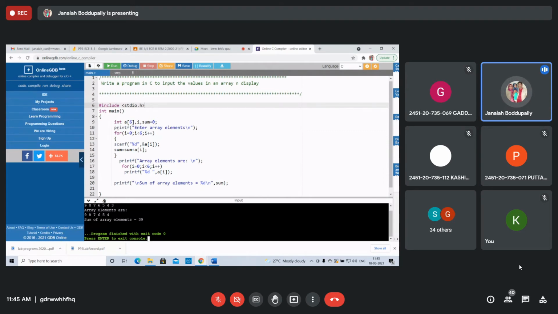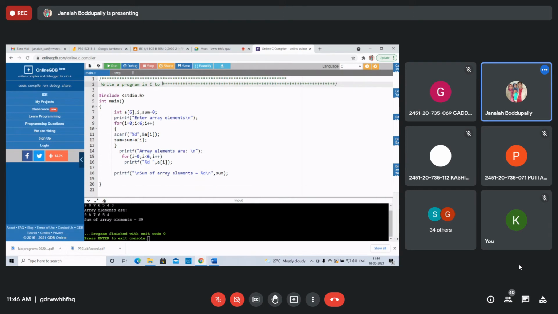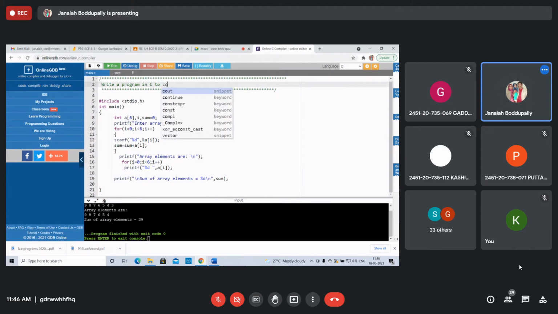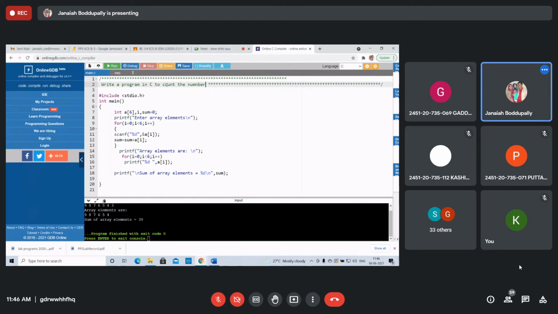Yeah. Sum of, write a program to count the number of even and odd elements in the array. Right? Write a program in C to count the number of even and odd elements.